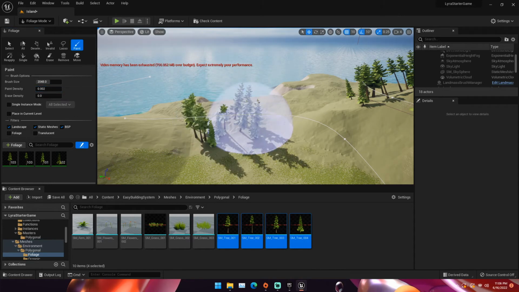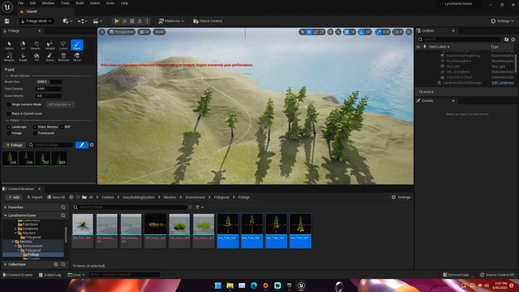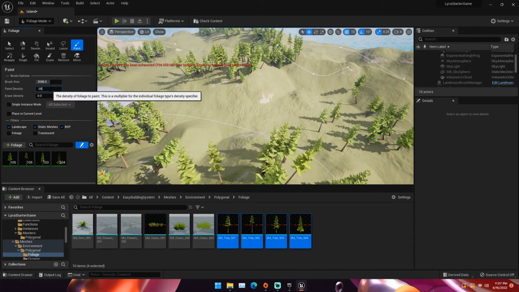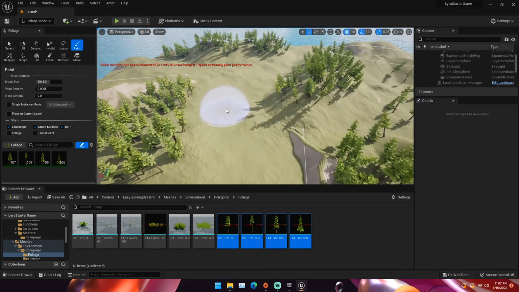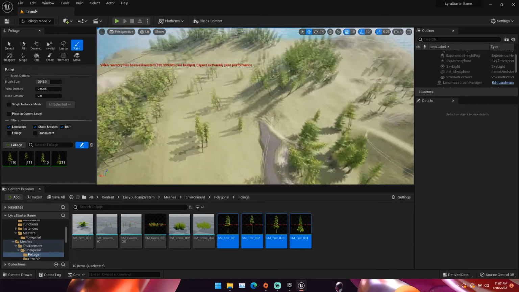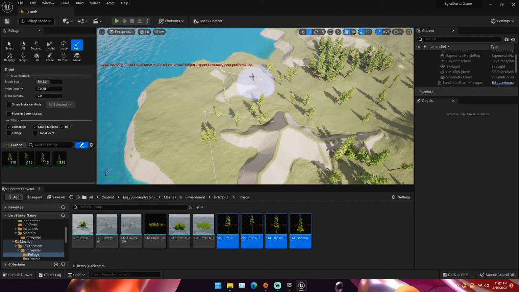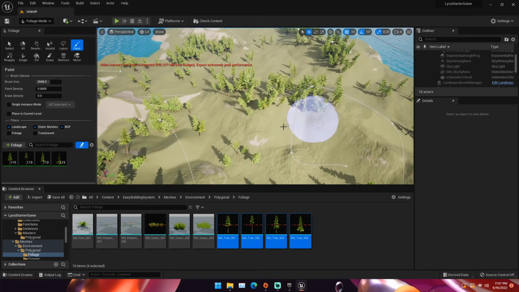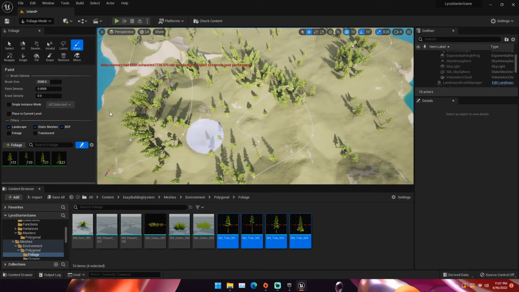the density down even more, and just kind of put some trees around in different areas. Maybe kind of sparser through the middle here in these areas, because they're a little bit more open. You don't want a bunch of trees in your open areas really. You just want enough to where it doesn't look empty. You can start kind of just spreading these out, and